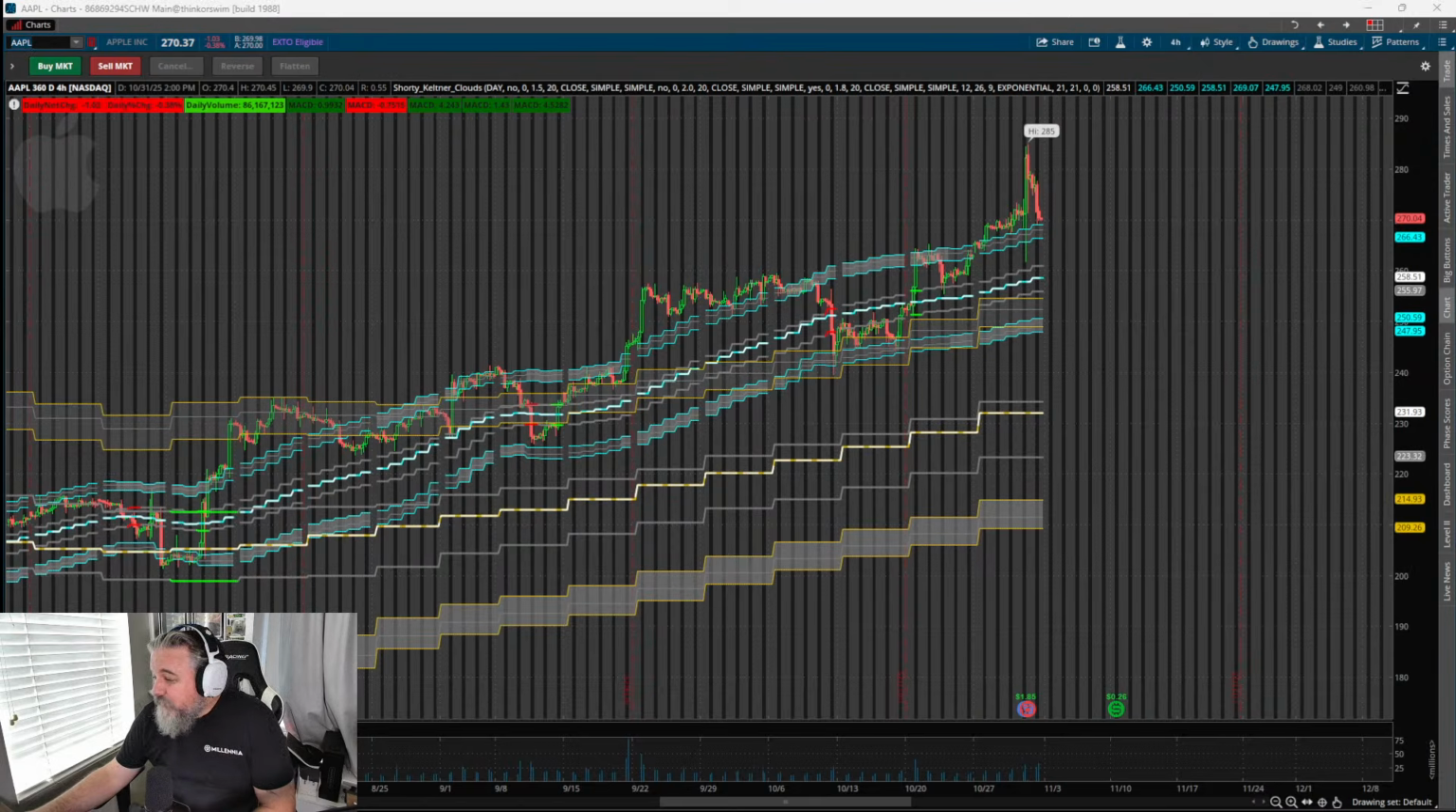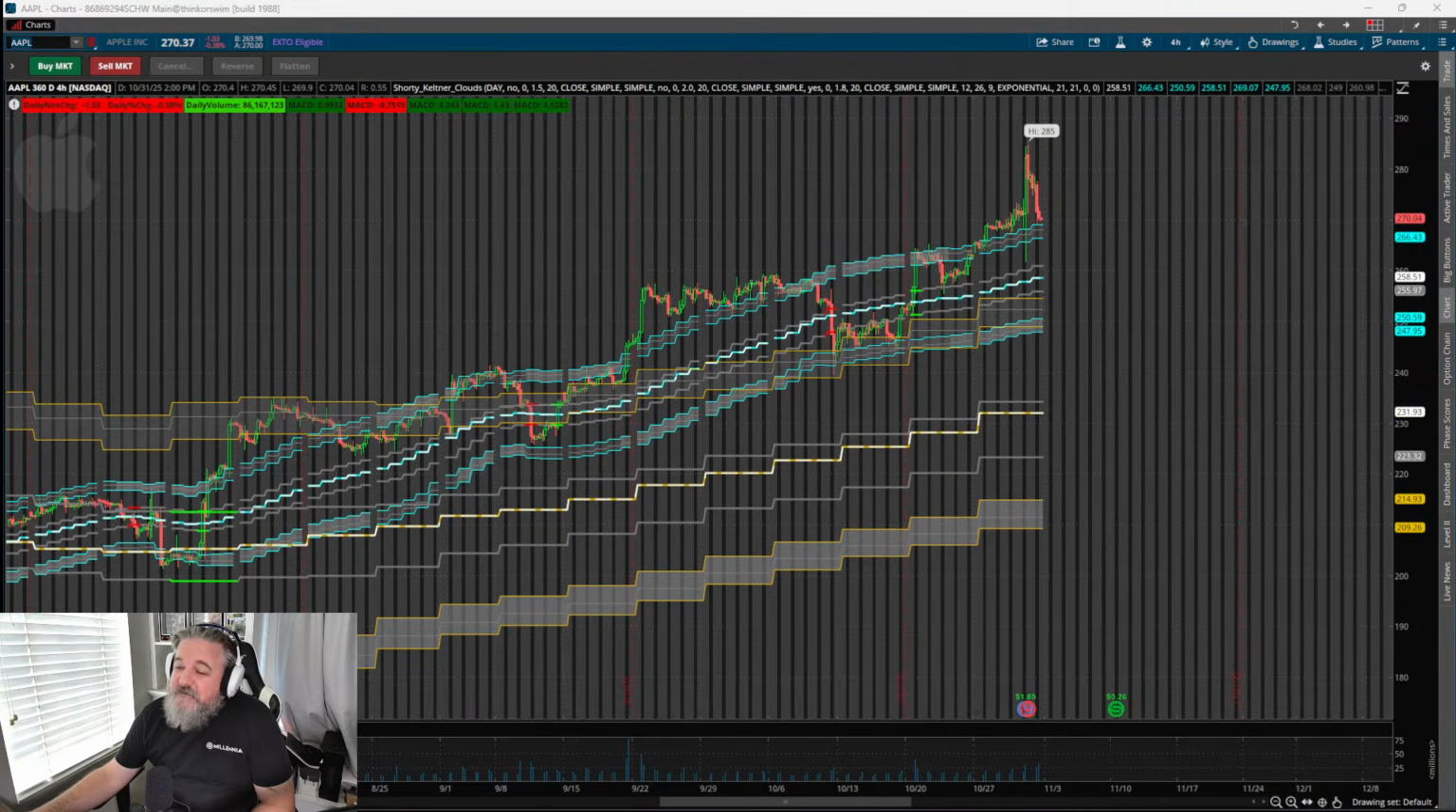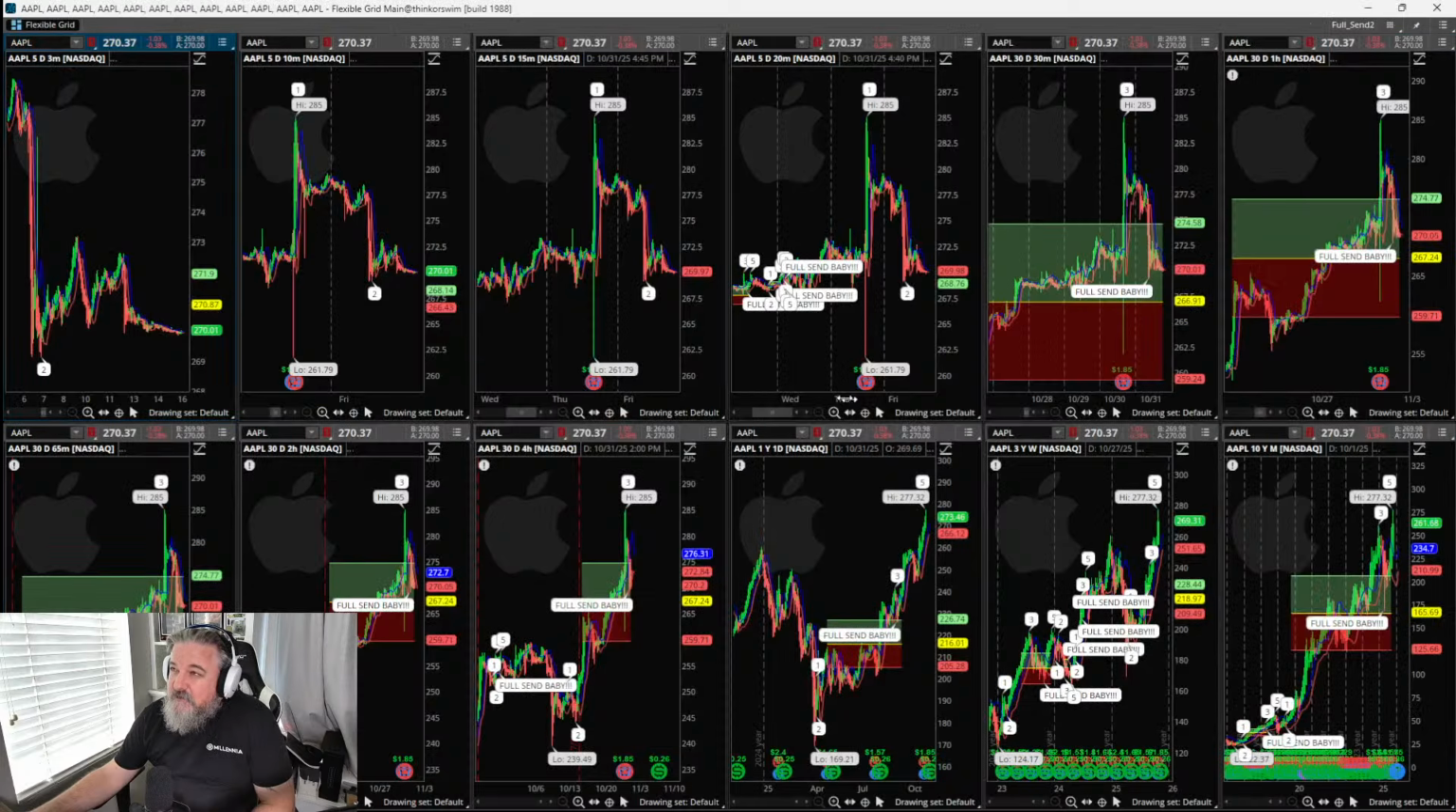The first setup I'm looking at is going to be on Apple. I'm looking for calls over 271.60, and then my first trim will be at 272.65. I'll show this a bit later on the chart, but basically the setup we have here, if we look at